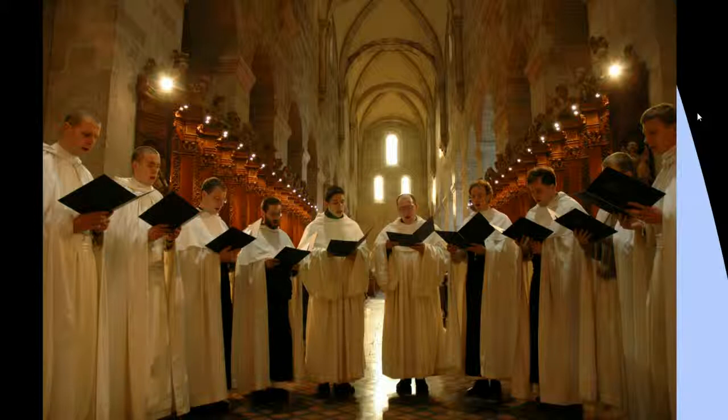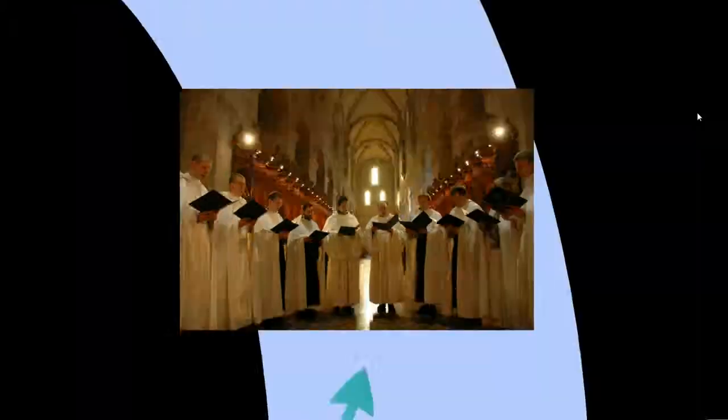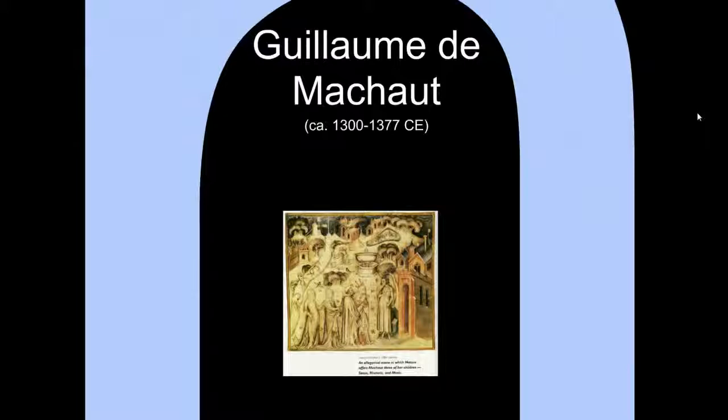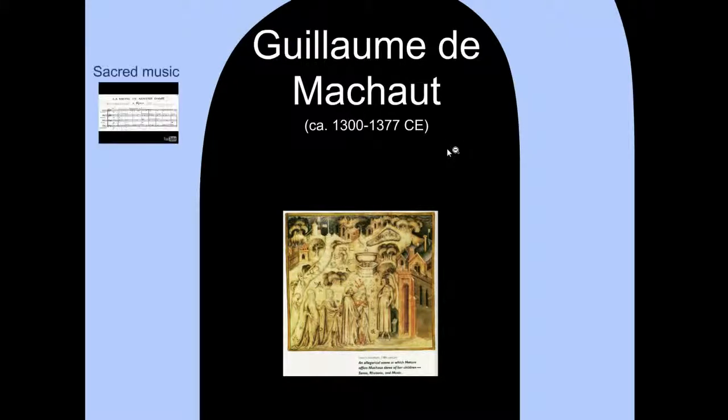So some written by different composers, maybe some written by anonymous people, because there is a lot of music written by anonymous people from the medieval period, until a French composer, and we move on to our last section, wrote the first mass written by a single composer, and his name is Guillaume de Machaut. Lived from around 1300 to 1377 CE. And he wrote a lot of sacred music, the most famous being the Notre Dame Mass that I just mentioned, and also a lot of secular music, which is to say popular music.